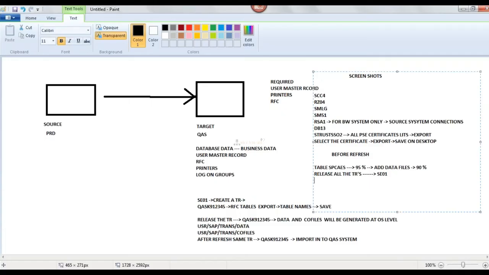How can I raise a system message? In the SM02 T code. Means from such and such date to such and such date, system maintenance activity is going on, so please save your work and log off. That's it. One system message.